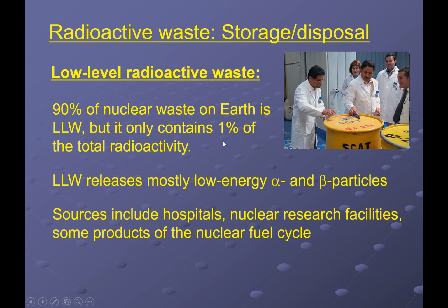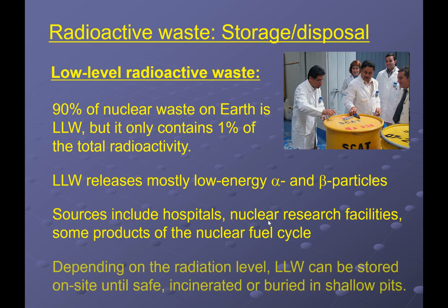It only contains the least energetic radiation, those low-energy alpha, beta particles, low intensity. So I have huge quantities of it because every time I work with it, I need a new pair of gloves, the idea, but it contains very small fraction of the total radioactivity. Depending on the radiation level here, you might be able to store it on site, right? Because it's such low intensity anyways. You might be able to incinerate it until they get rid of it, or you may be burrowing in shallow